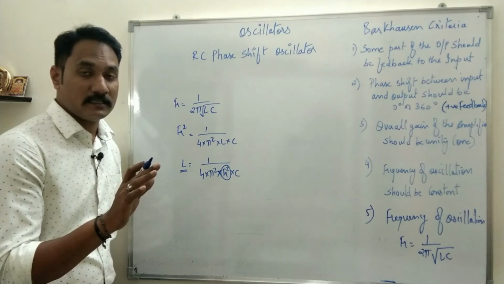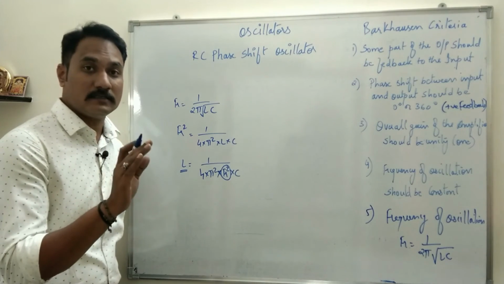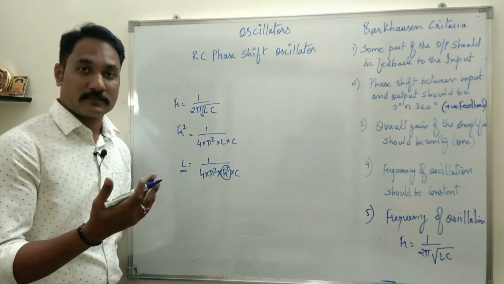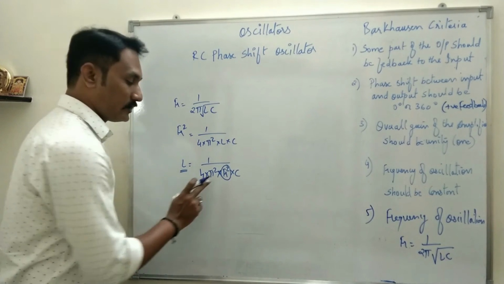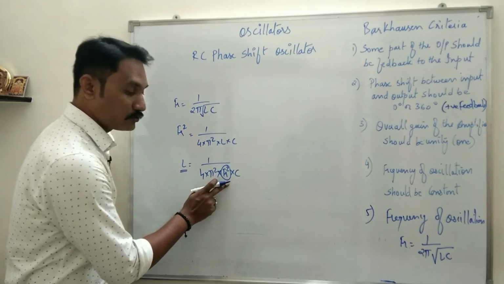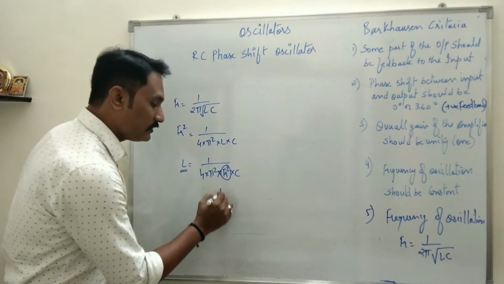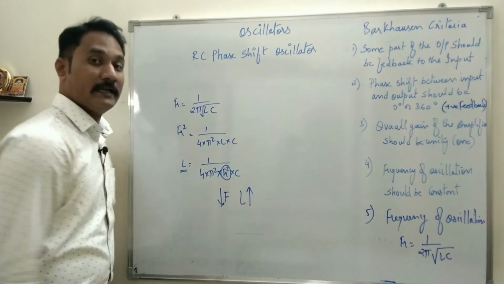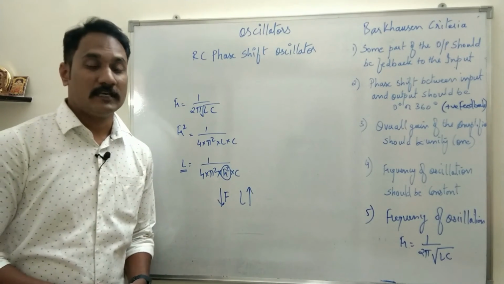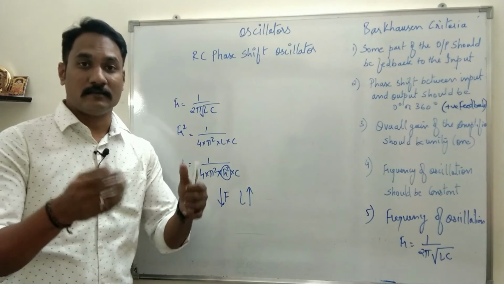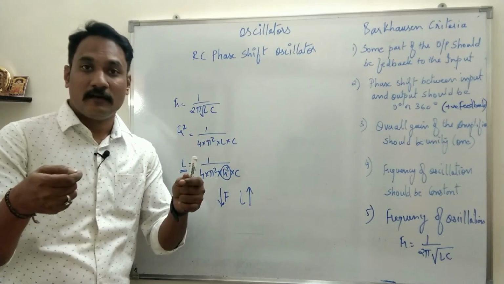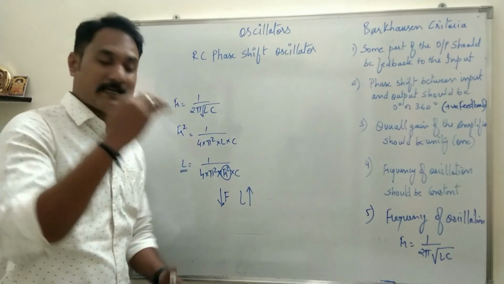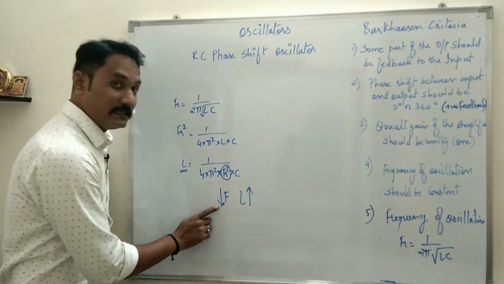Suppose you are designing an LC oscillator, that means Hartley or Colpitt oscillator, for low frequency. What you can see is the inductor value is inversely proportional to the frequency. The lower the value of frequency, the higher will be the value of inductor, right? And when you say inductor, what is inductor? Inductor is nothing but a length of wire which has been coiled. So the physical size of the inductor increases when the frequency decreases.